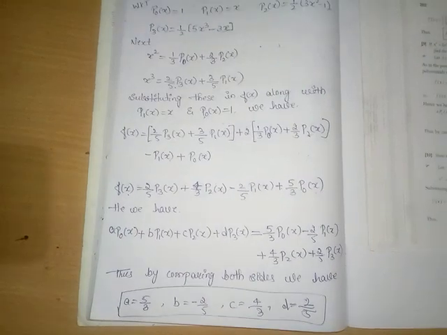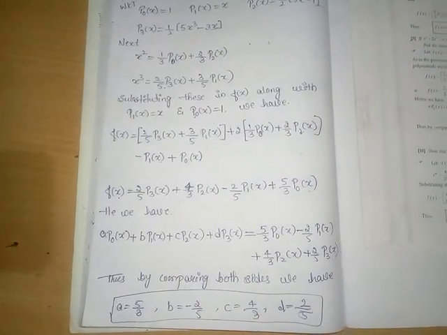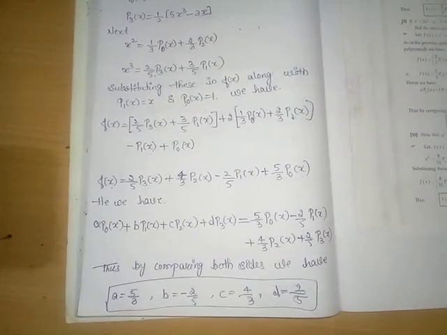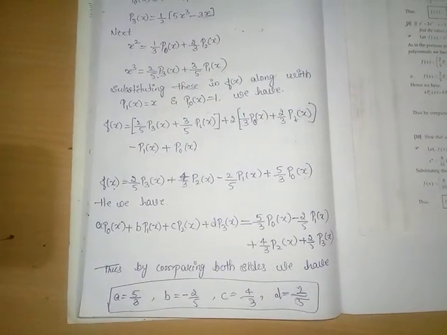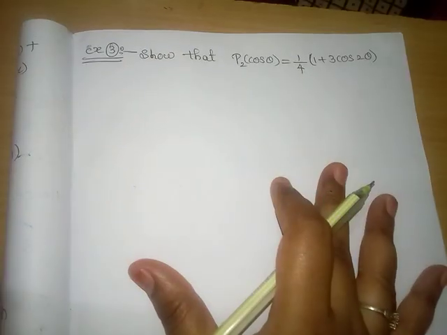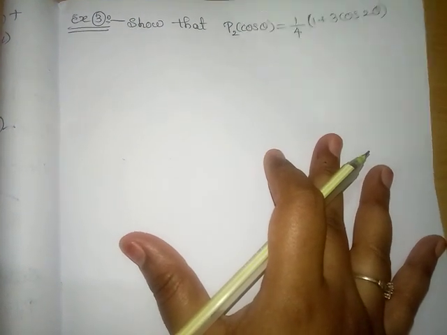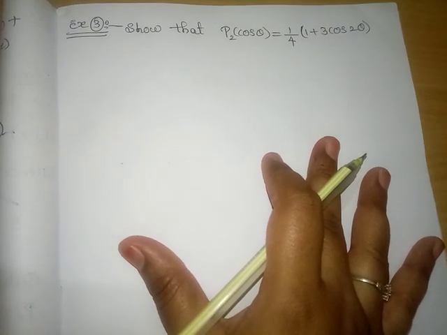Okay. See, these two examples are same, but they are asking the question in a different form, that you have to understand. Next example, show that P2 of cos theta is equal to 1 by 4 into 1 plus 3 cos